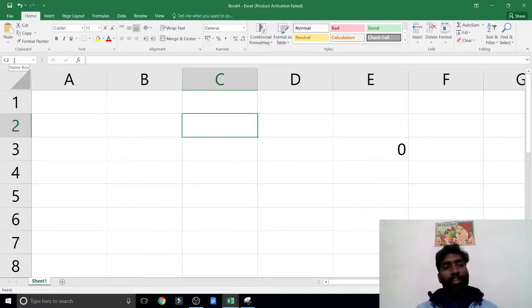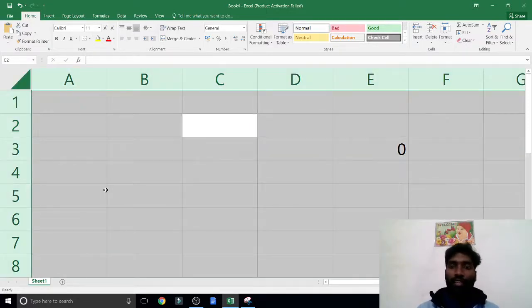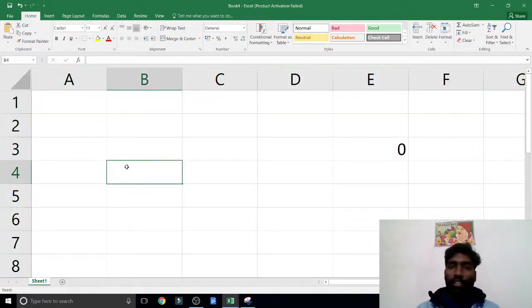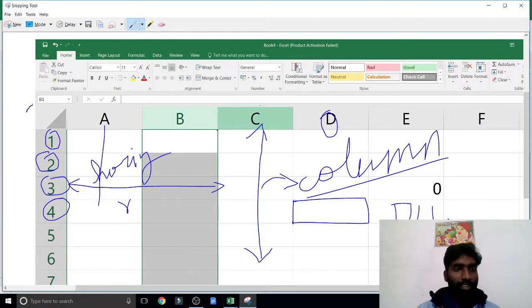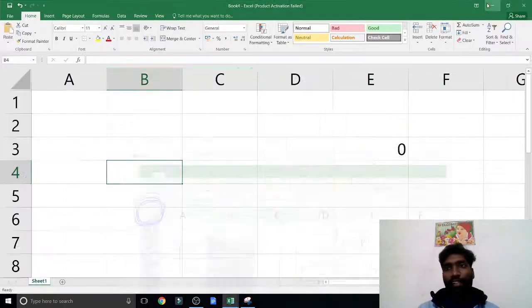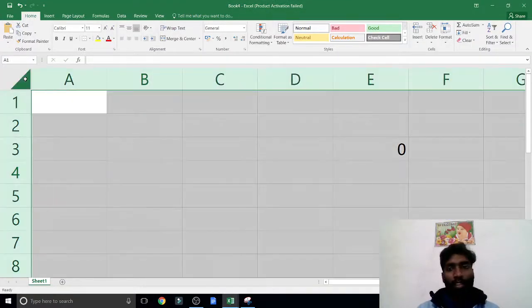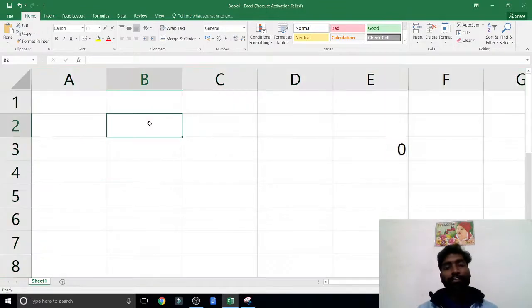Now my dear, how are you going to select the entire sheet? You know the shortcut, Control A. Now the entire sheet is selected. Sir, is only the shortcut there? Without the shortcut, is there any option? Yes, of course. Here, this corner. When we click this corner, just one click, it will automatically select the entire worksheet. Now kindly see here, just one click, and now the entire sheet is selected.